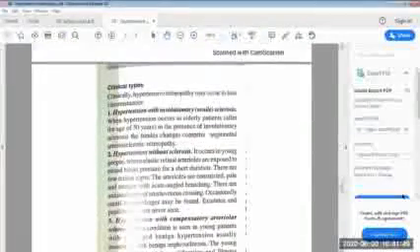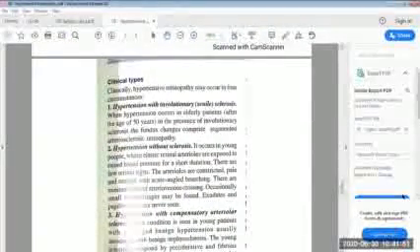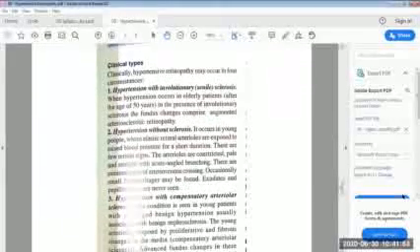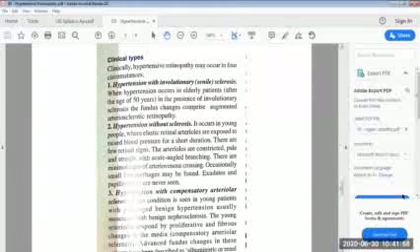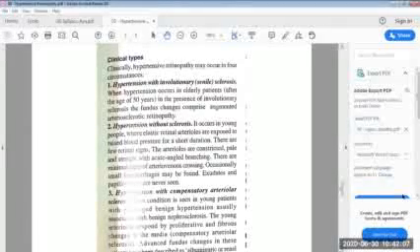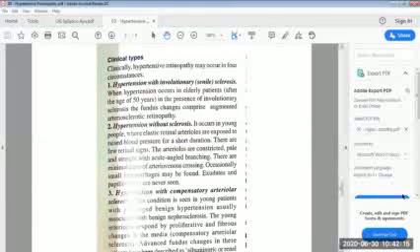Then what are the clinical types of hypertensive retinopathy? Clinically, hypertensive retinopathy may occur in four circumstances. First is hypertension with involutionary or senile sclerosis. When hypertension occurs in elderly patients after the age of 50 years in the presence of involutionary sclerosis, the fundus changes comprise augmented arteriosclerotic retinopathy.